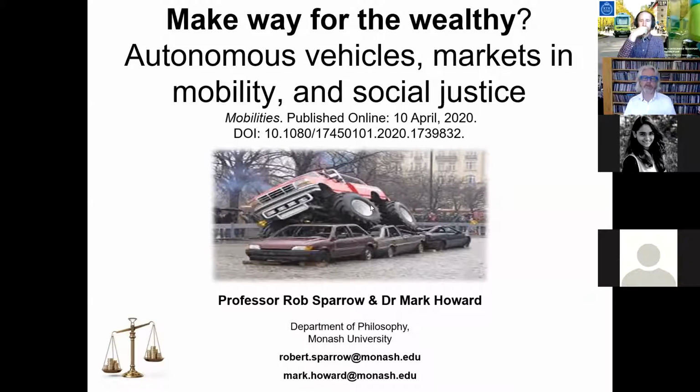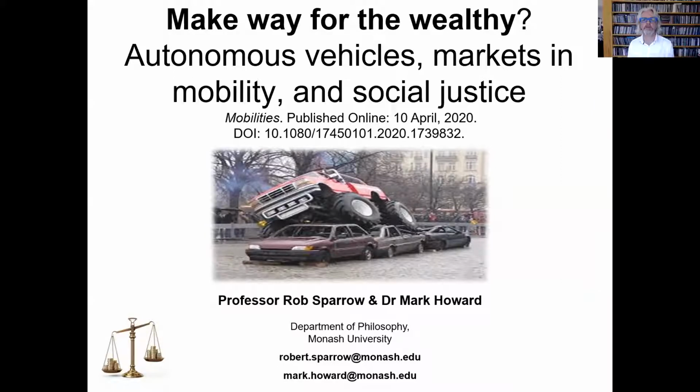It's a paper that came out in a journal called Mobilities, which is a geography journal, and it reports some research that Mark and I have been conducting for the last couple of years, trying to think in advance about ethical questions that might arrive should a particular vision of autonomous vehicles come about.